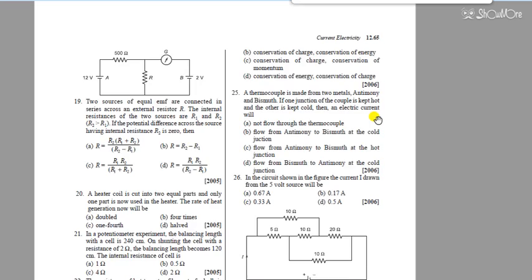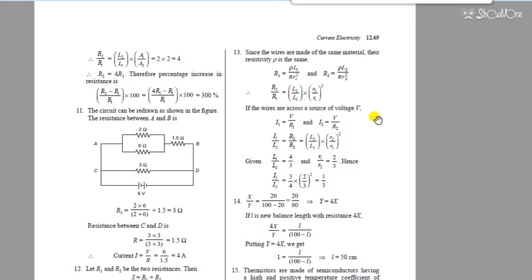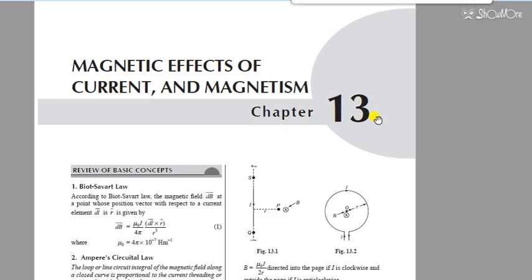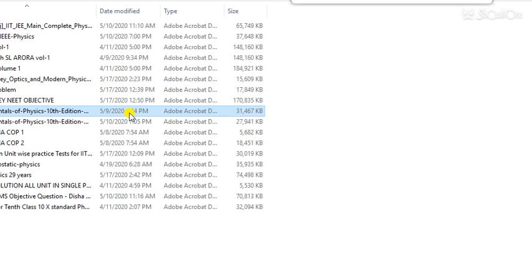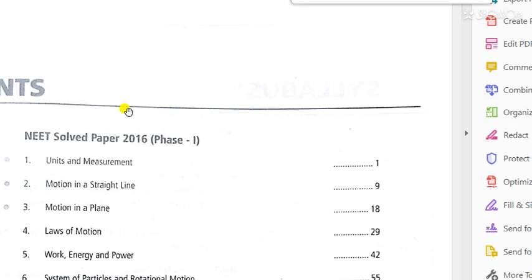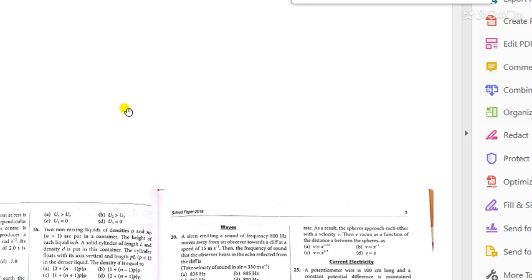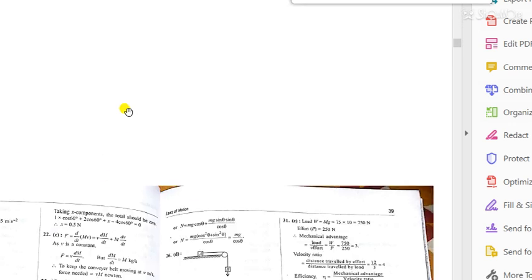Okay, this question we have done already, circular question. Now I am closing this PDF. I will find another PDF in which I will get some questions. So let me show MTG Physics 29 years. NEET exam questions are there.